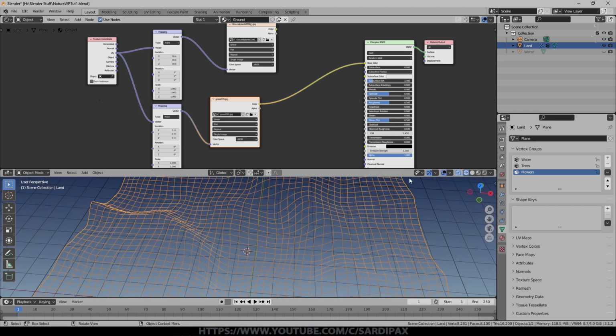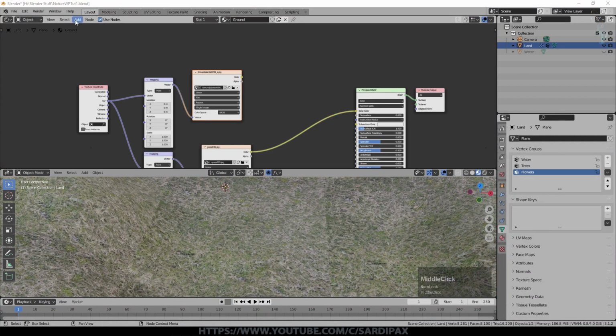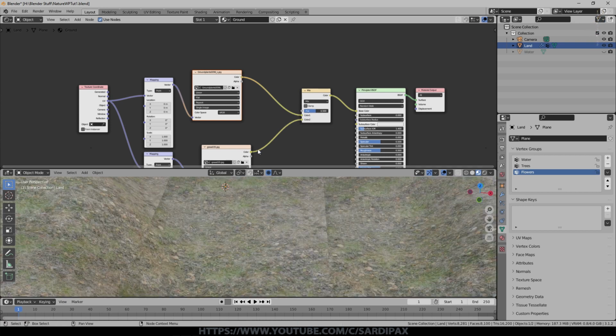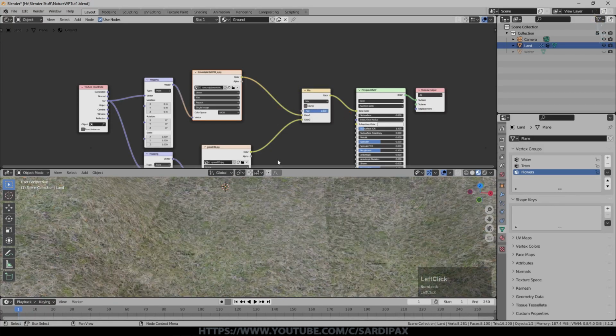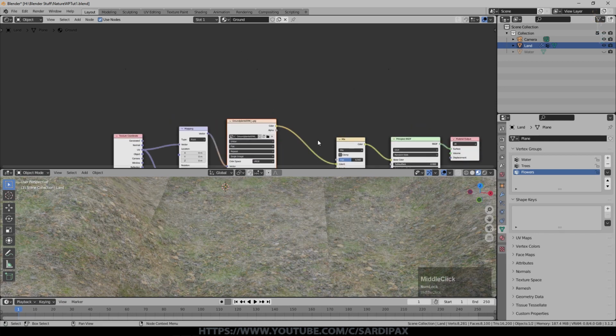If I go to material view, we can see it without lots of rendering being necessary. So we'll now add a color mix node and put both of the textures into there. At the moment, it's at 50%. And obviously you can see it shades between one and the other. They happen to be the same size, so they completely overlap in terms of the edges. So it doesn't help with the tiling effect, even if I go with 50% of each. So we need to do something a bit more.